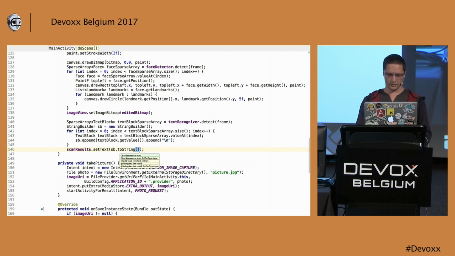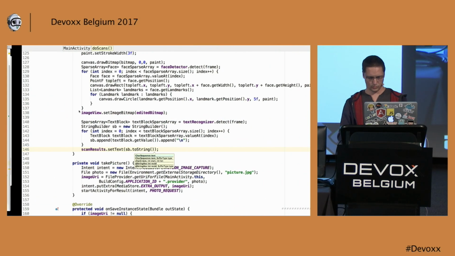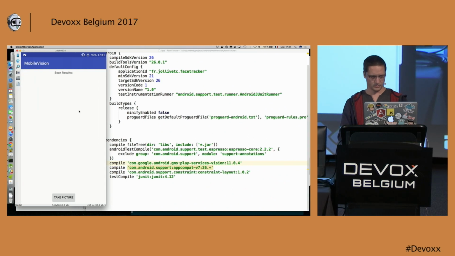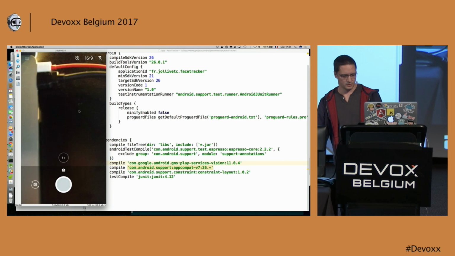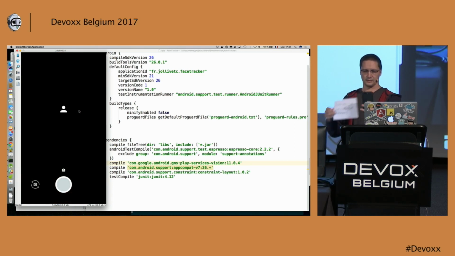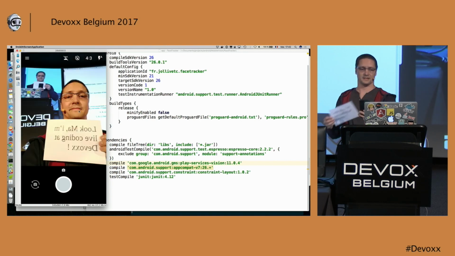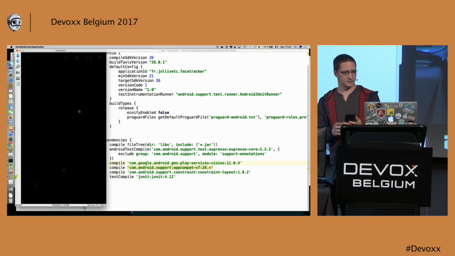And if I run this one, did it reload? Yes, it seems so. So if I change my camera, if I take a picture, yes.